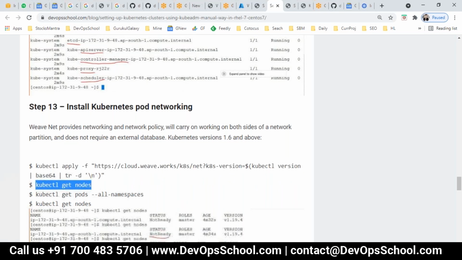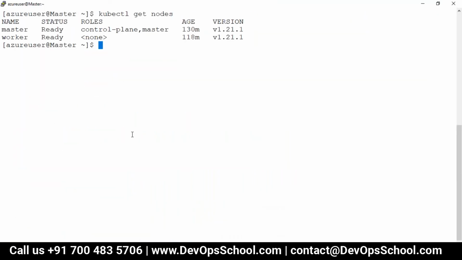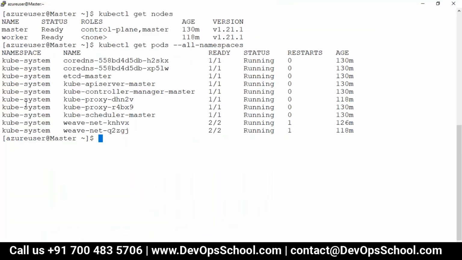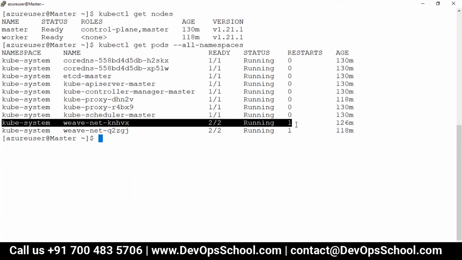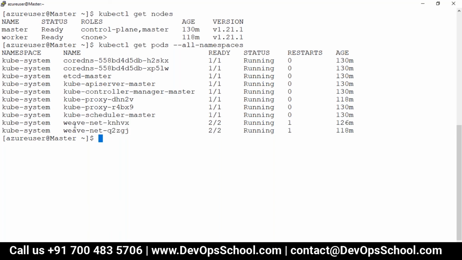It installed a few more pods which contain the network policy, which empowers the kube proxy. So look at my screen. I'll show you get pods in all namespaces. You see here, when you install that line, you get the VNet. Why am I getting 2 VNet pods? Because I have 2 nodes. If you have 10 nodes, you get 10 VNet pods. So one VNet empowers one kube proxy.